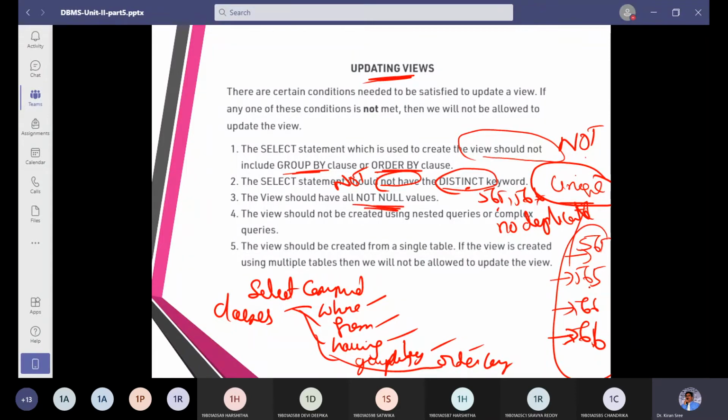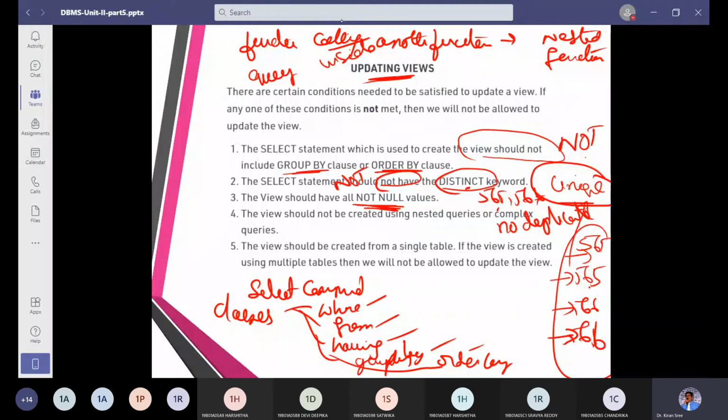Similarly, view should not have not null. Not null means some data should be there; we should not encourage that. So that is the third condition. Similarly, a function calling another function, or a function inside another function, we call it a nested function.